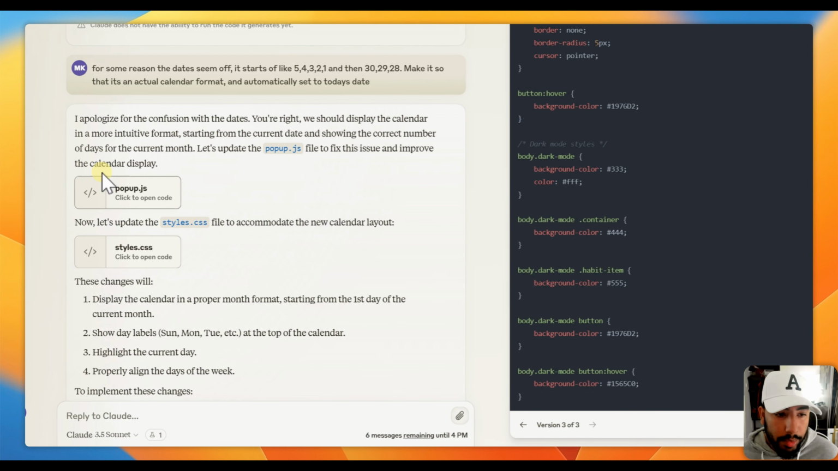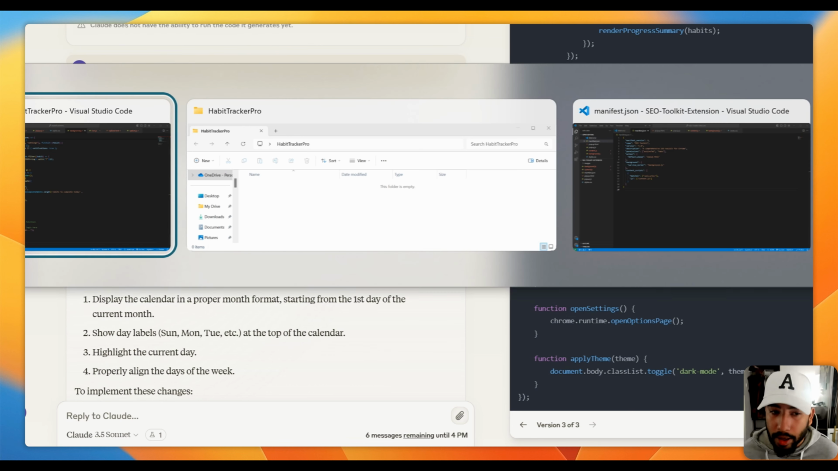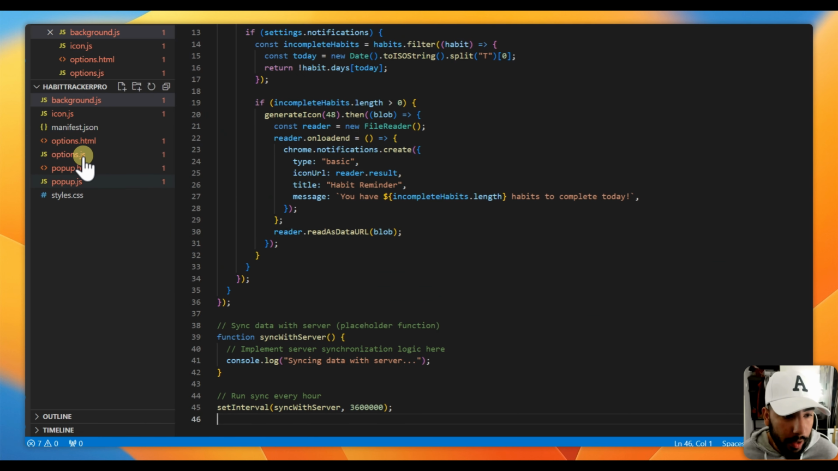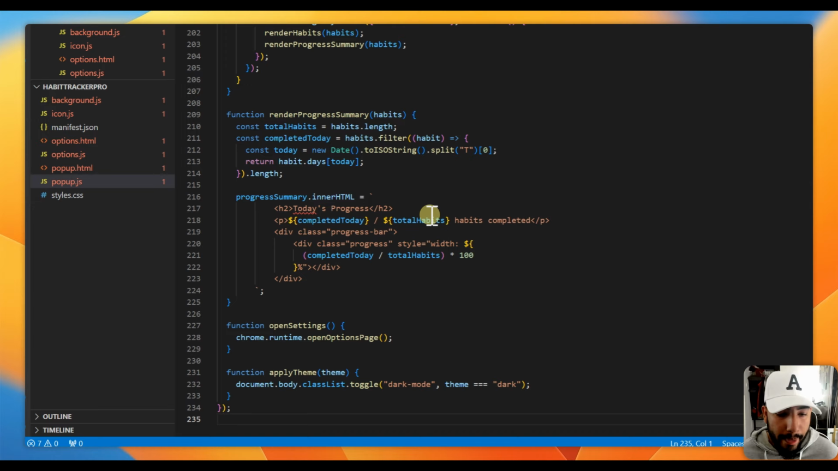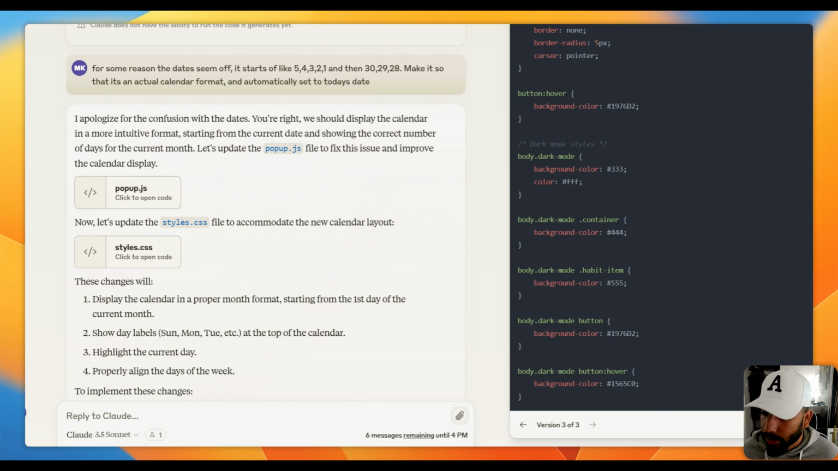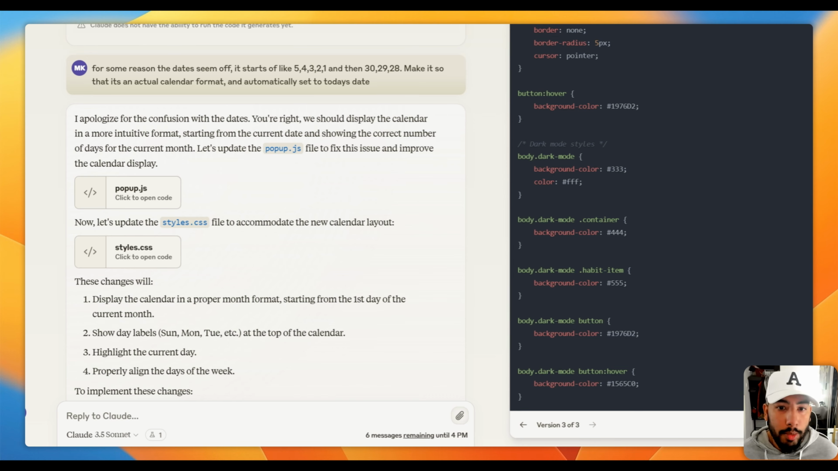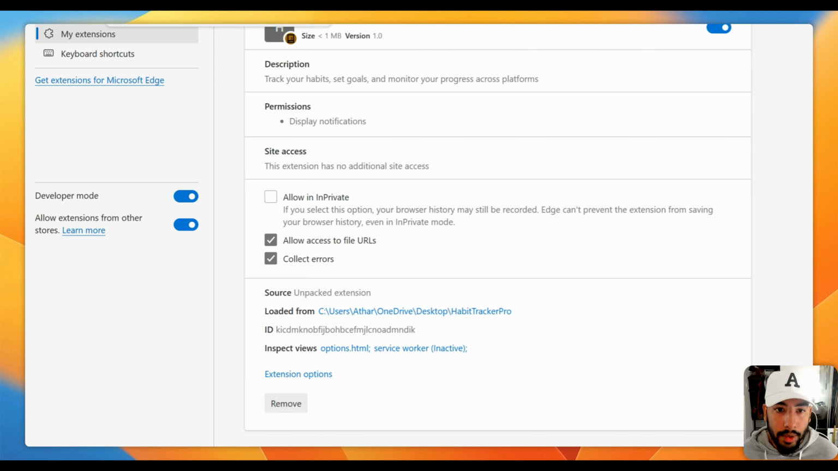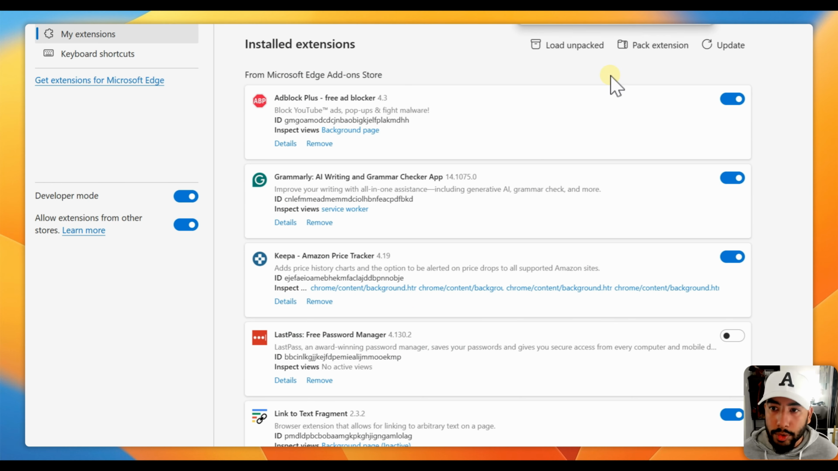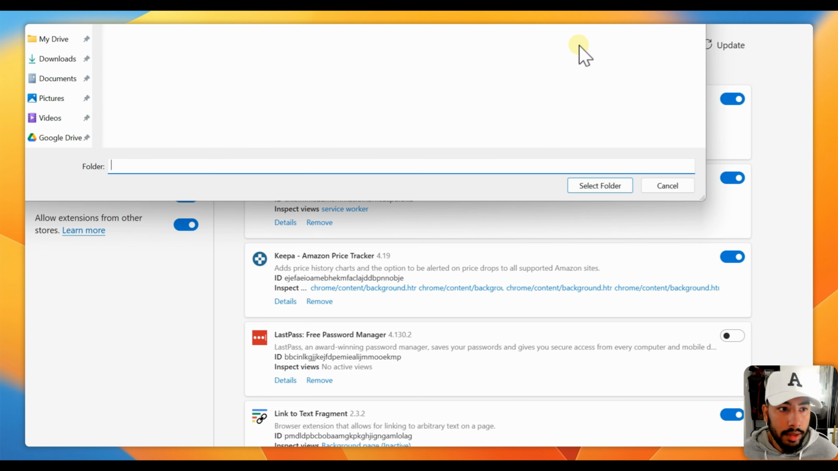And now that it's completed, it basically updated the pop-up.js and style CSS. So what I'm going to do is I'm going to go to pop-up.js and I'm going to paste that. Let's go back, style CSS, copy, paste that. Okay, I'm going to go back to Chrome extension and I'm just going to delete this again, remove, load unpacked,